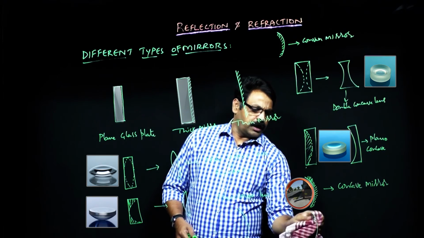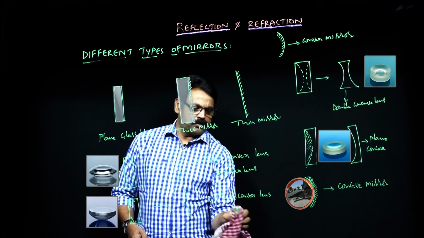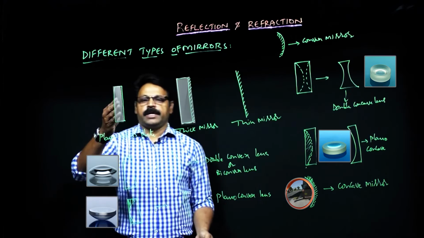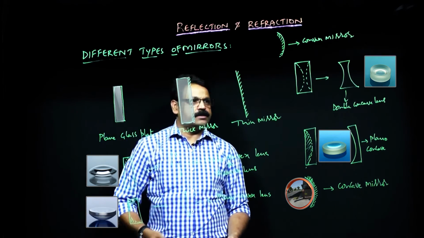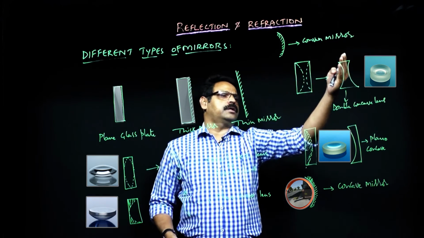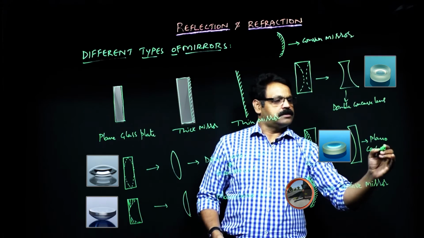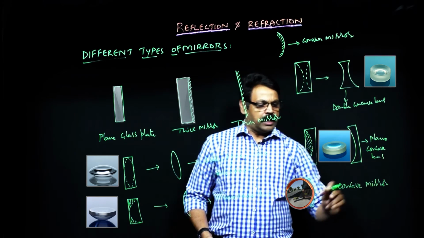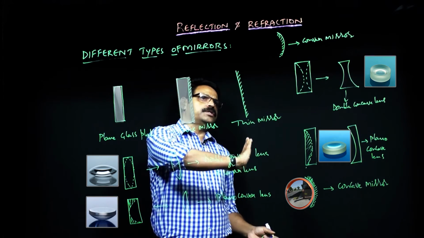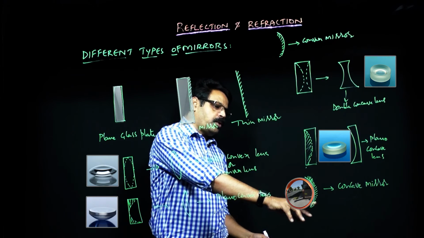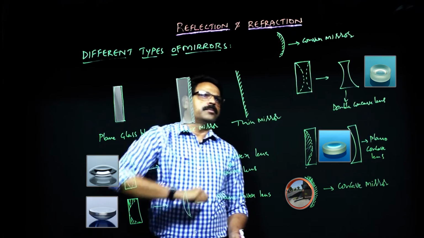So here you can have different strategies, different types of materials you can get out of a single glass plate. This is a plain glass plate, thick mirror, thin mirror, and you have the double convex lens, plano-convex lens, convex mirror, double concave lens, plano-concave lens, and here it is going to be the concave mirror. See the polished surfaces over here. If the bulged portion is polished, it is a concave mirror. If the inner portion is polished, it is a convex mirror.